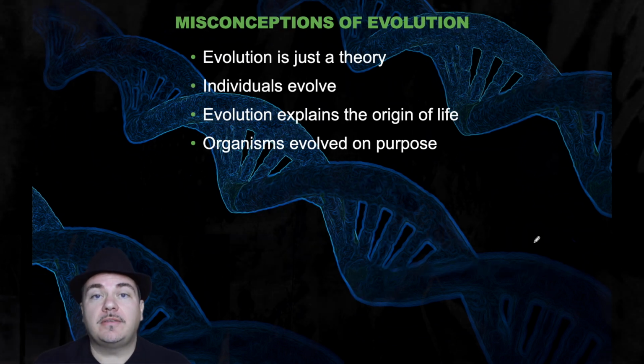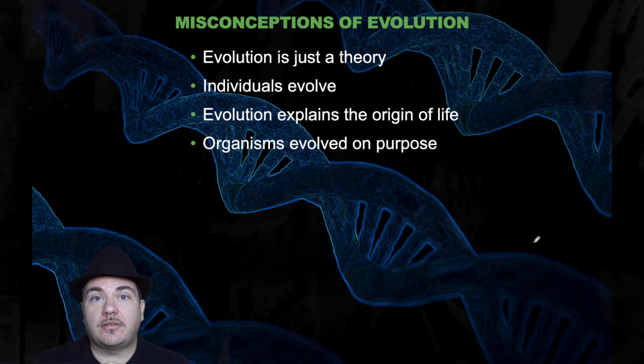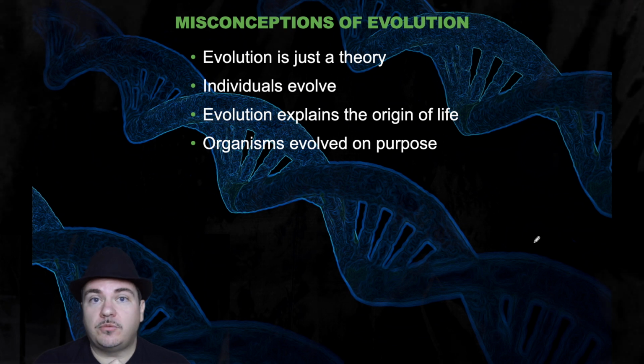Now, there's a lot of misconceptions about evolution. First misconception is that evolution is just a theory. Okay, as I explained in a prior lecture, if somebody says something is just a theory, they do not understand what the word theory means. When somebody says something is only a theory or just a theory, what they mean to say is something is a hypothesis. A hypothesis is your best guess, is what you think is happening. That's not what a theory is. A theory is a very well tested, it's already been tested, explanation for a set of results.